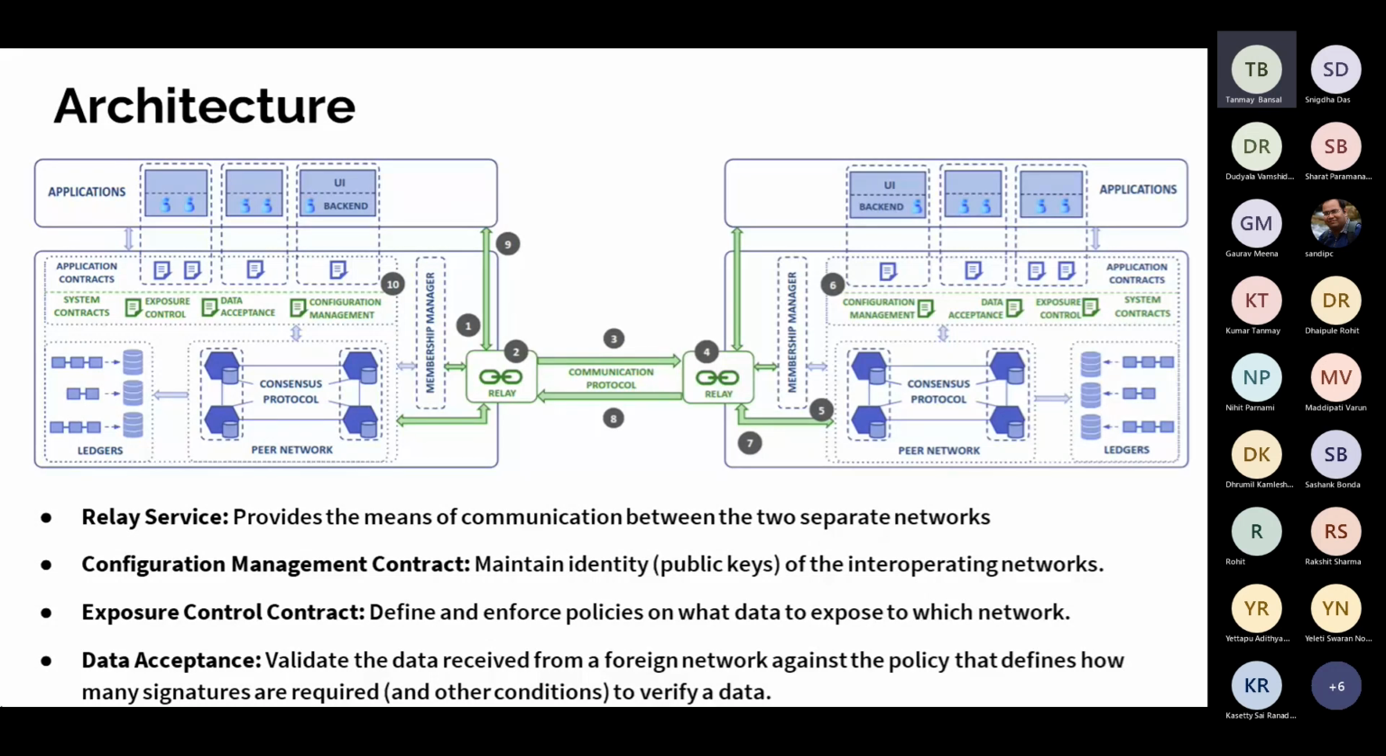And what we have is these notions of, more importantly, data acceptance and exposure control. So you see that it is there in both the networks, and we now have these two relays which are going to talk to each other, and then they set up this transfer of data with the consensus view from the source network, and then they should